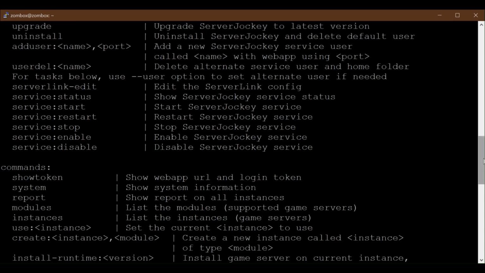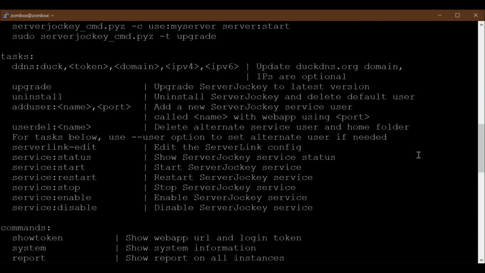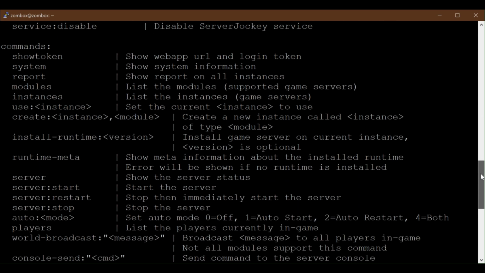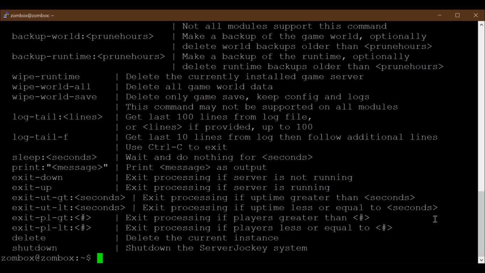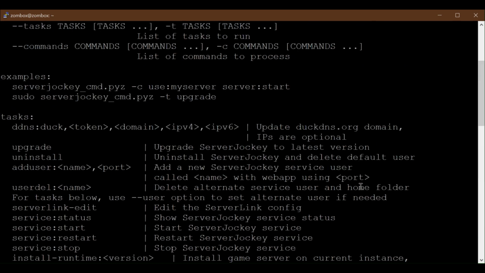So tasks are admin operations. You usually run these with sudo so that they run properly. There are also commands, and the commands are not run with sudo. These are operations which interact with the ServerJockey system. To begin with some tasks,